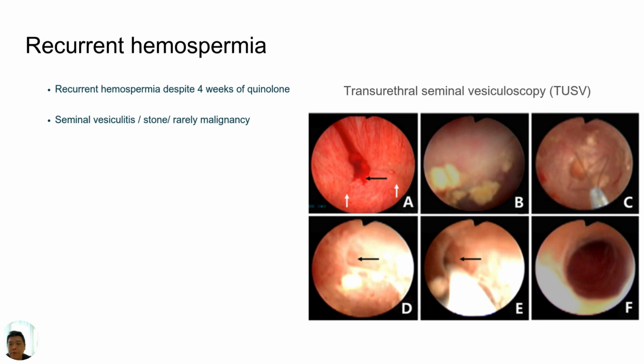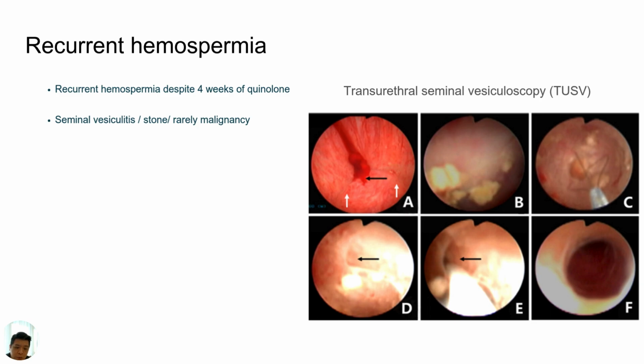So in the case of recurrent hemospermia, that means the hemospermia cannot be resolved by 4 weeks of quinolone, that may indicate underlying seminal vasculitis, seminal vesicle stone, or rarely malignancy in the seminal vesicle. Then we may perform a transurethral seminal vesiculoscopy, that is a TUSV, to clear the seminal vesicular stones and use a gentamicin flush of the seminal vesicle to clean it, and therefore create a better environment for the